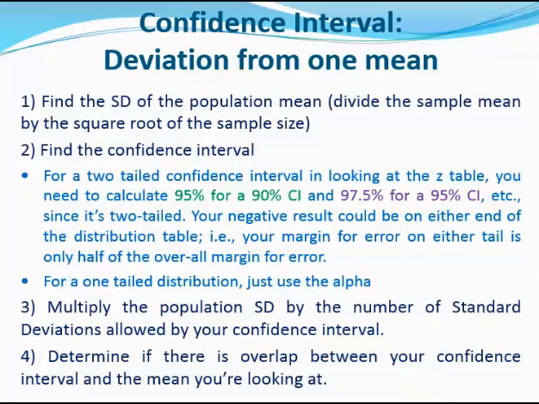So the question really becomes, what level of confidence can you make your assertion with? Are you 90% sure that your numbers line up with the general population? Are you 95% sure? Typically, when you talk about things like elections, they usually talk about 95% confidence intervals, and because of that, that's a number that we're going to see over and over again in our examples,